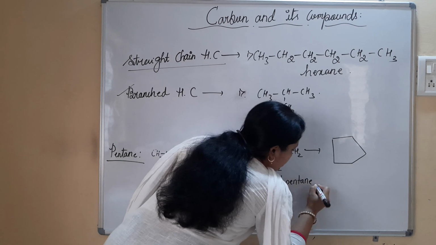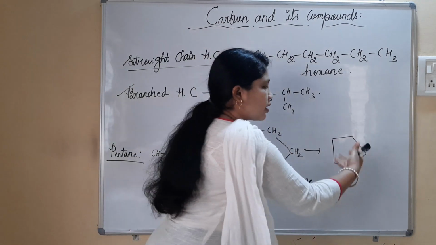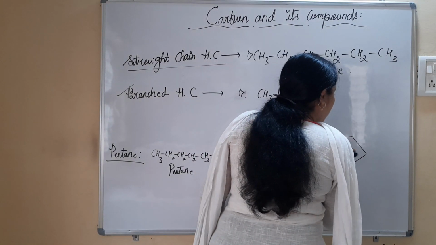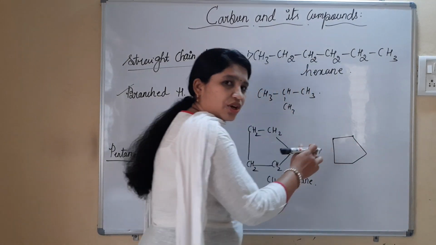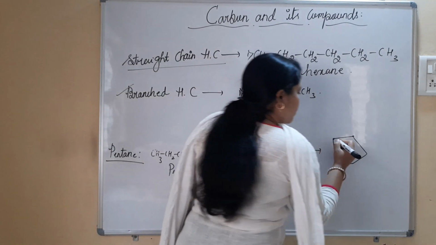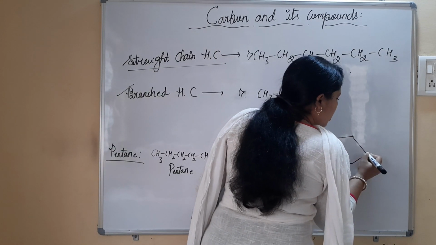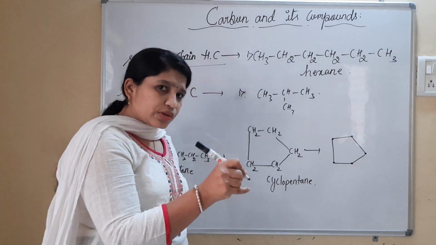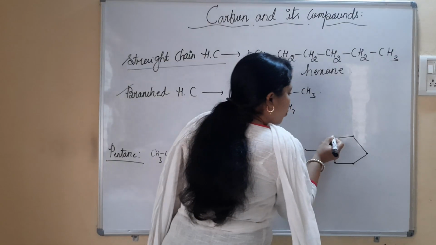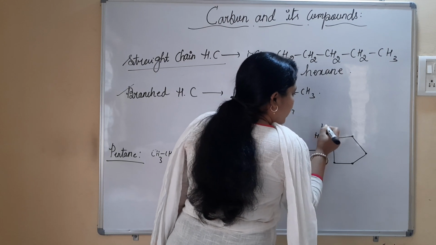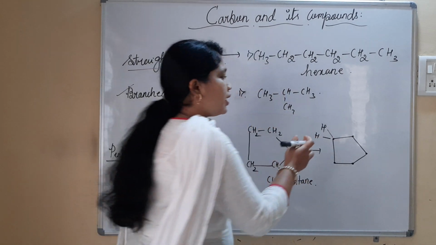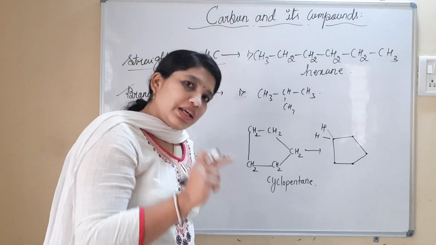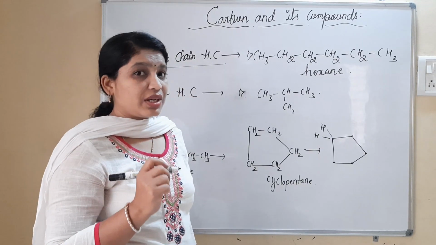Cyclopentane. Why have you now directly written this type of cycle? It indicates there are 5 carbon atoms present. And by putting the dots here, can you see? This is the first dot, second dot, third dot, fourth and fifth. It is also understood that if you don't write any of the hydrogen atoms, there are 5 carbon atoms and for each carbon atom there are 2 hydrogen atoms present.